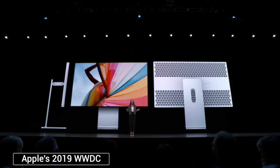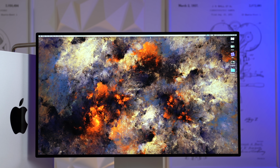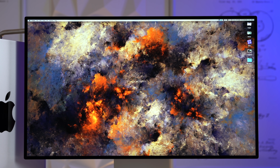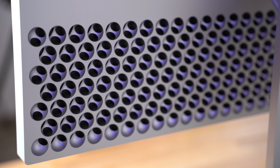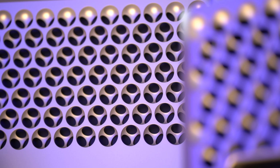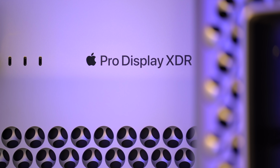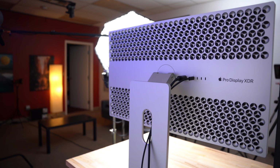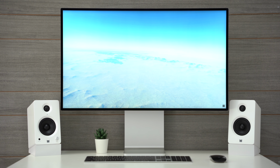Now this brings us to June 3rd, 2019, when Apple revealed the Pro Display XDR that went on sale in December. From the front, the rounded corners and black bezels look very similar to an iPad Pro, with flat edges on the side as well. And when you're looking from the side, the Pro Display XDR is quite a bit thick, and that's because the casing has the passive cooling vents that are milled out of a solid block of aluminum to match the Mac Pro's design. That adds extra thickness, and it's a high-end multi-layer display that outputs a ton of light for HDR